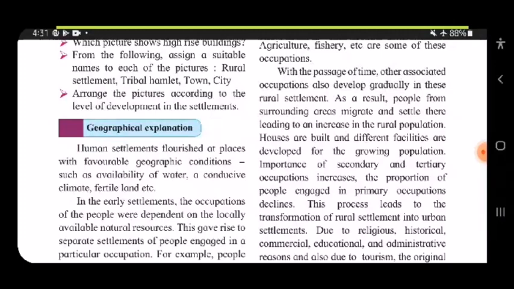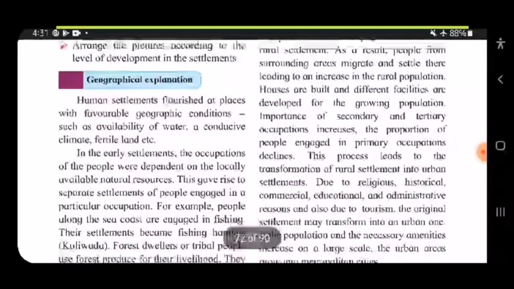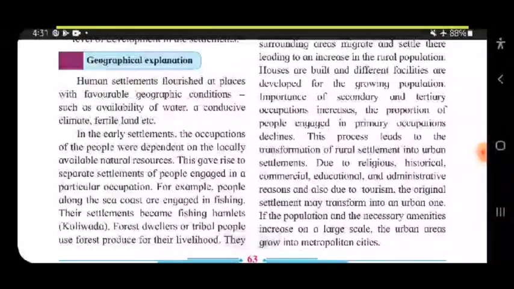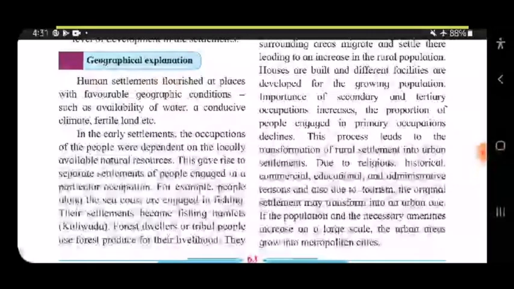Now slowly, you can see in villages also there are certain facilities which are there in a city. The importance of secondary and tertiary occupations increases. The proportion of people engaged in primary occupation declines. This process leads to the transformation of rural settlements into urban settlements. Due to religious, historical, commercial, educational and administrative reasons, and also due to tourism, the original settlement may transform into